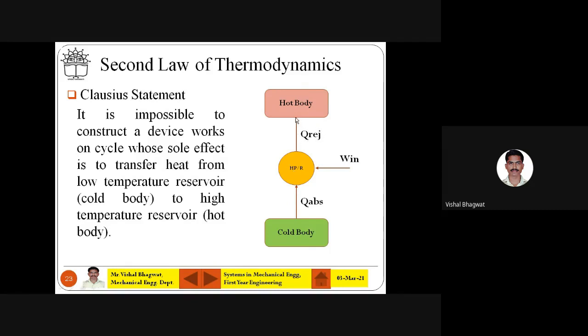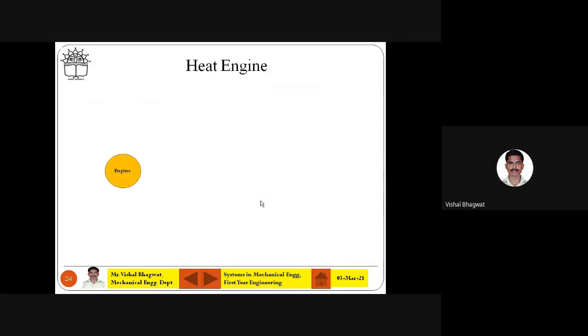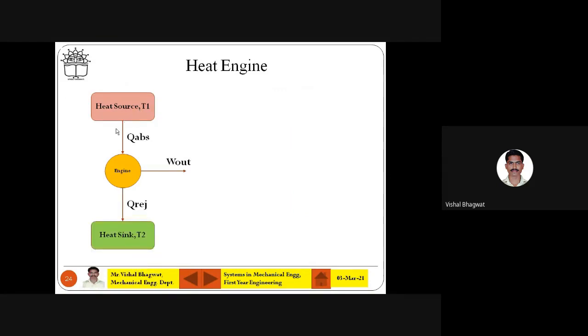How much heat addition is taking place inside the room? That is the desirable effect. How much heat is getting absorbed by the cool body, or cool place, that is the desirable effect for the refrigerator. Understood? So this is nothing but the Clausius statement figure. This is the heat engine. Like I said, heat engine, where you have, remember, this is a very important difference between heat engine and heat pump and refrigerator.